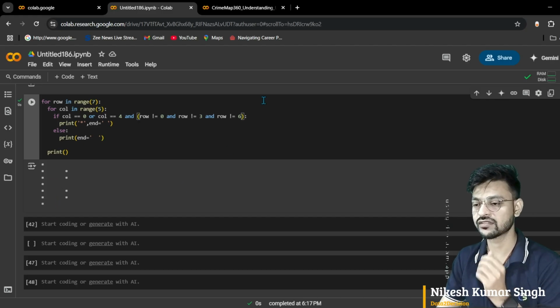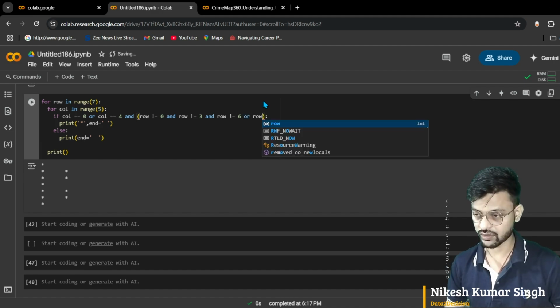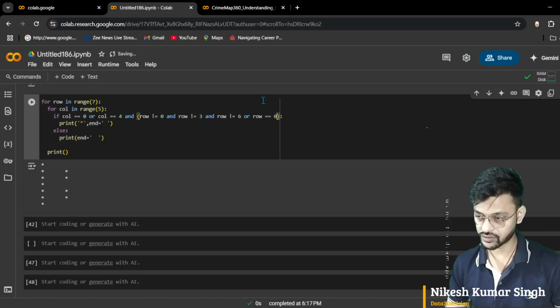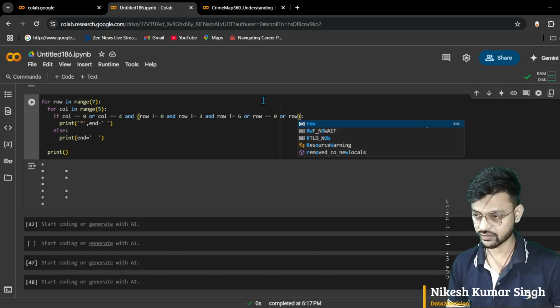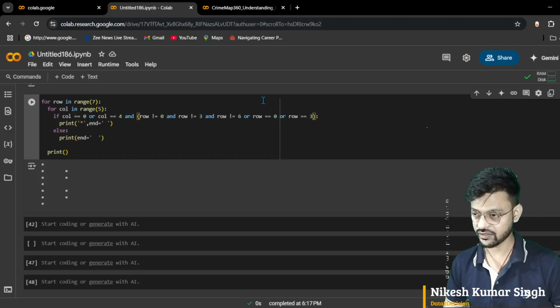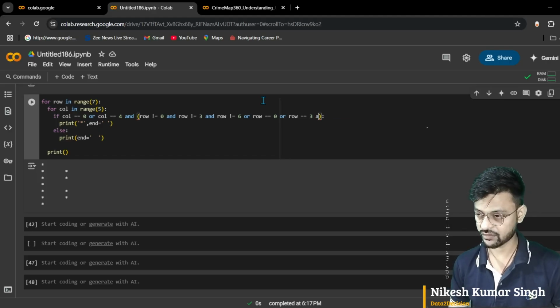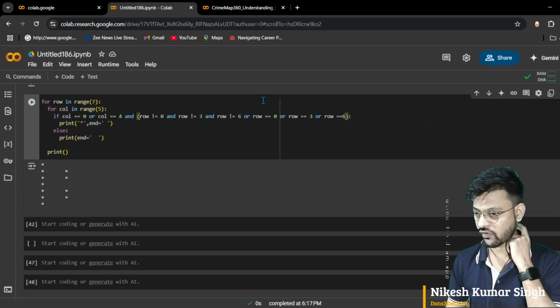and then in the third, fourth row, and in the last row. So let's see how to do that. Simply print, or row equal to 0 in first, or row equal to 3 this time, or row equal to 6. Okay, but